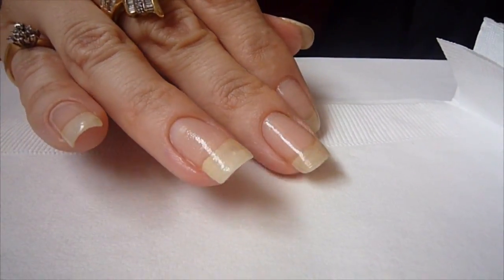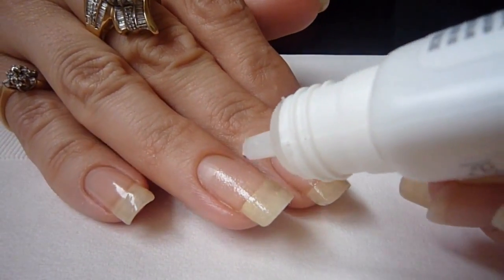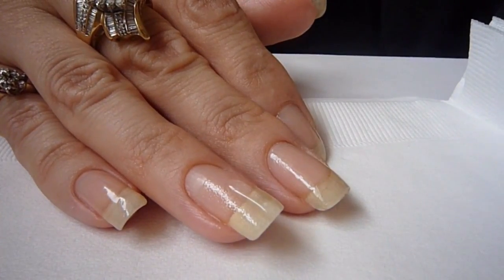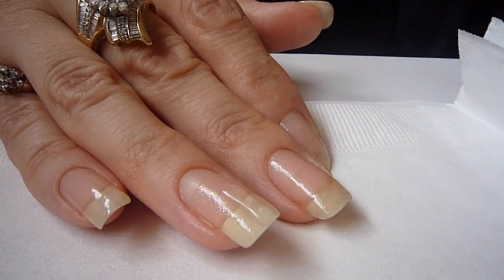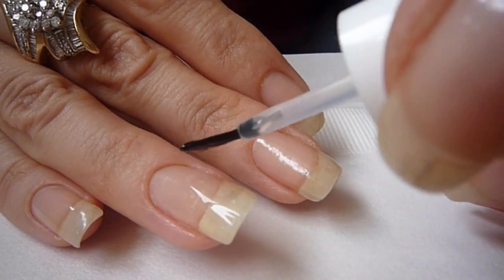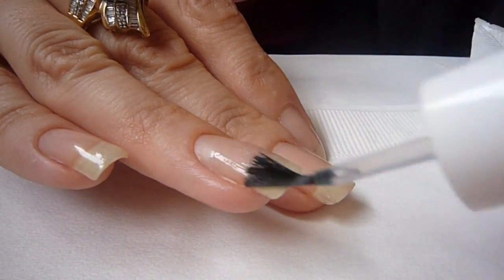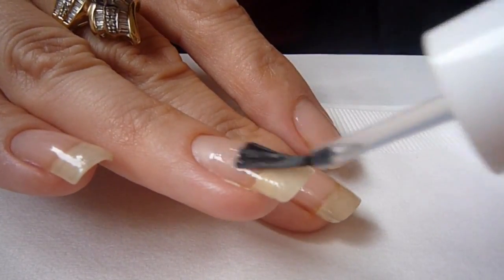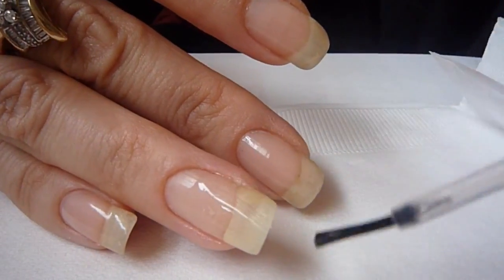First coat. Okay, so now that the first coat is completely dry, then you're going to go back in with another little dab. Take your brush out of the cleaner, wipe it on a napkin, and you're going to spread it nice and even onto the nail. And I like to go a little bit above where the crack is, that way it's nice and strong and you don't have any chance of that getting cracked